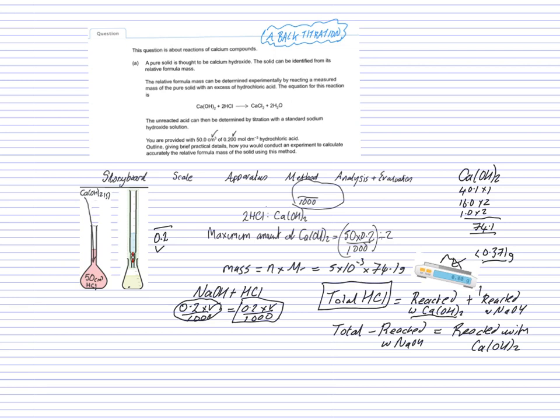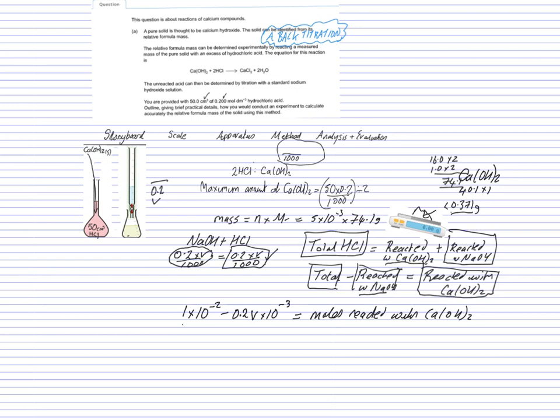We know the number of moles that's reacted with the sodium hydroxide here, and therefore if we take the amount that's reacted with the sodium hydroxide away from the total amount of the HCl, that will leave us with the HCl that's reacted with the calcium hydroxide. So there's the total amount of HCl that we had at the start. This is the amount that's reacted with the sodium hydroxide. So if we take that smaller number from the total,